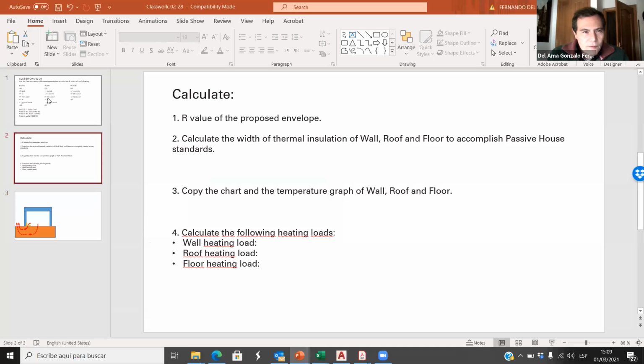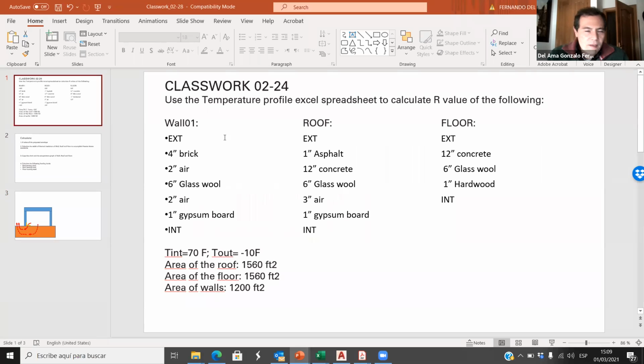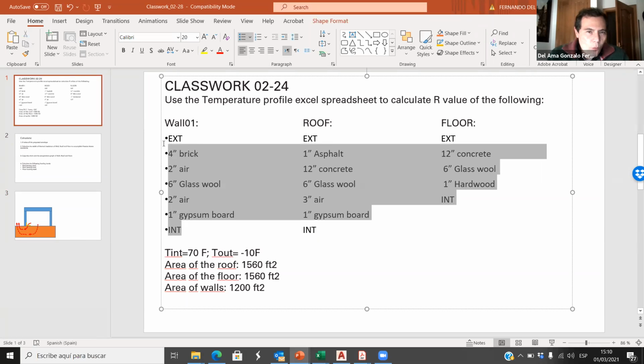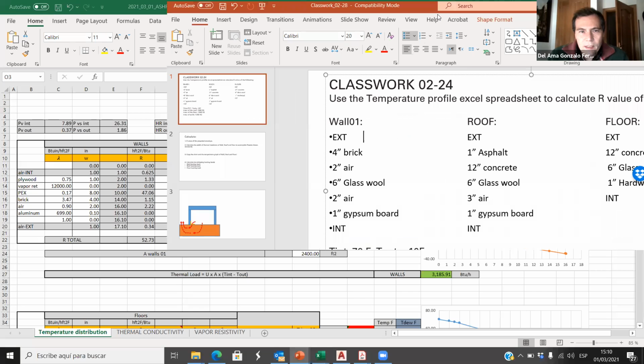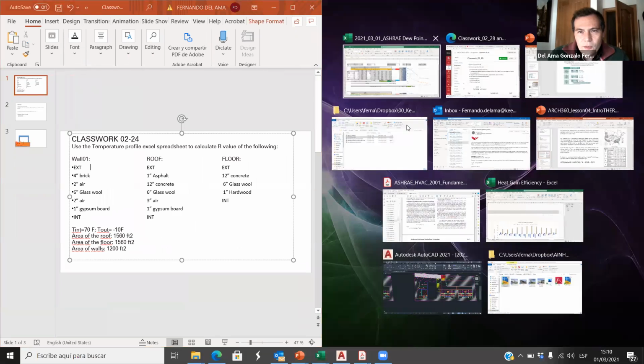So today, first, I want to go over this. Okay, so this is the wall. We know what to do with that wall. We have brick, we have air, we have glass wool, another air layer, and then gypsum board. This is inside and this is outside. Okay, so if we have these elements and if we use the Excel file,